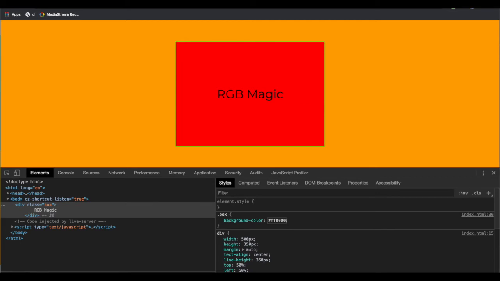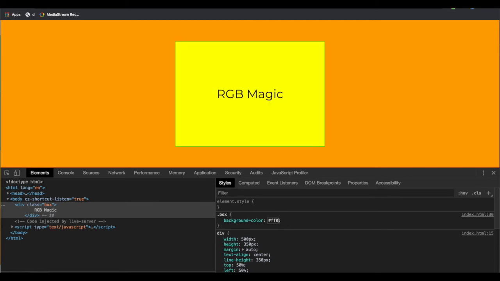Okay, or we can have the red color and the green color and no blue color. So mixing red and green will make yellow for us. Okay, you can see this. So yellow color is a very, very light color, so all your focus goes to the background. So you can have some dark colors for the backgrounds so that your content can be visible more.